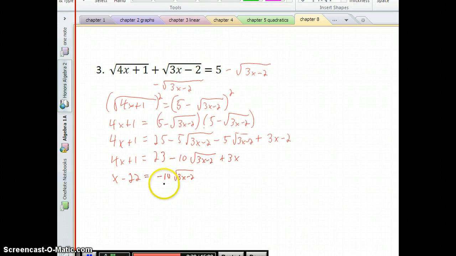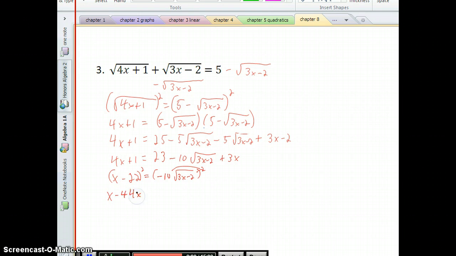If we were to divide by the negative 10 on both sides, that'd be okay, but it's going to create fractions, and then we're going to have to square with the fraction. So let's just go ahead and square now, because we can still eliminate that radical. But because this is a product, and we're squaring a product, we need to remember to distribute the square to both parts. So on the left, we're going to get